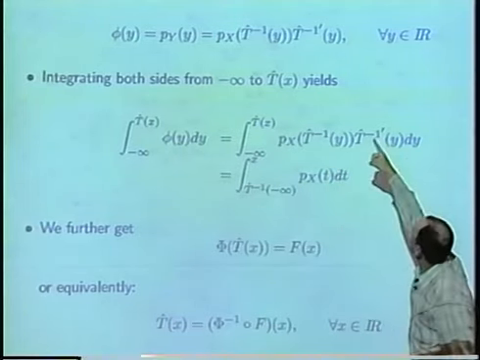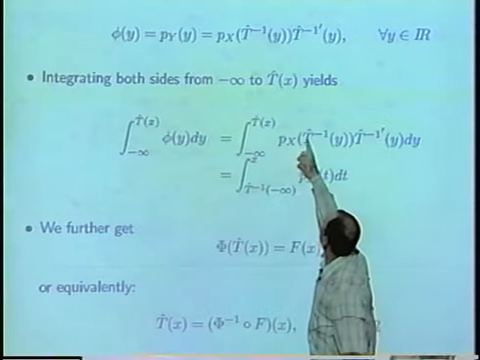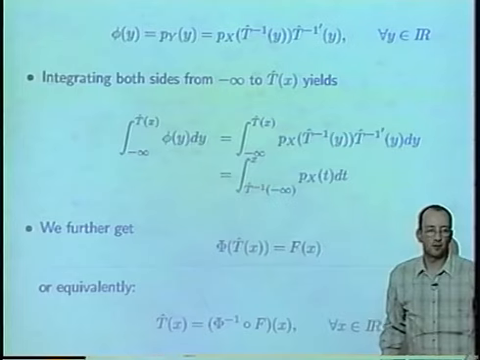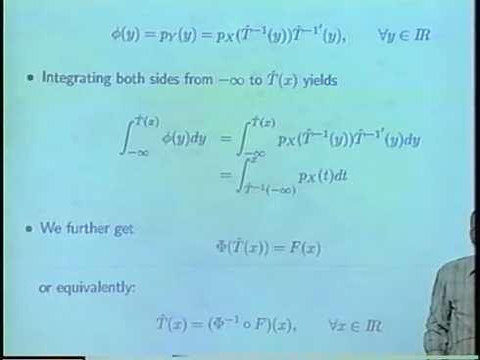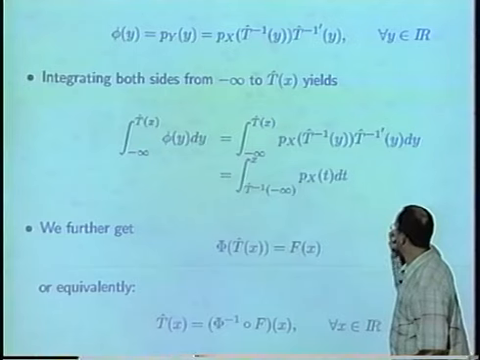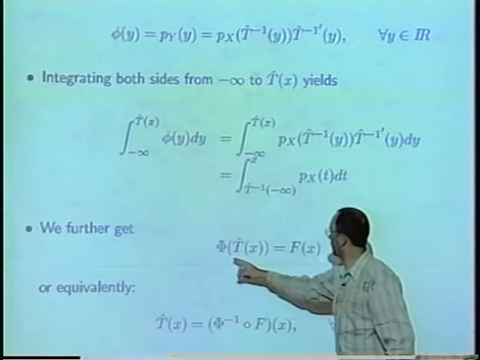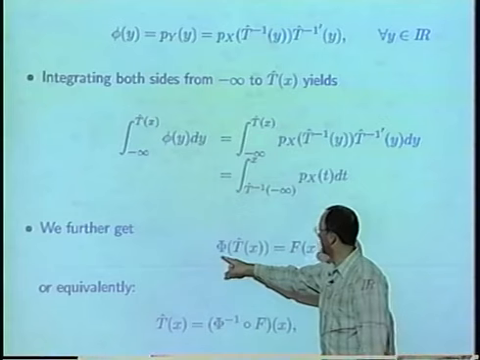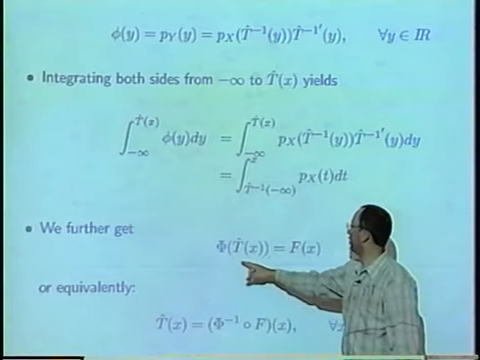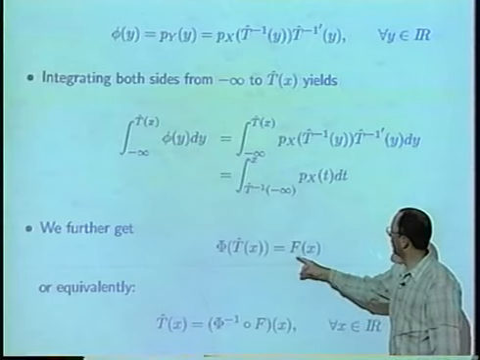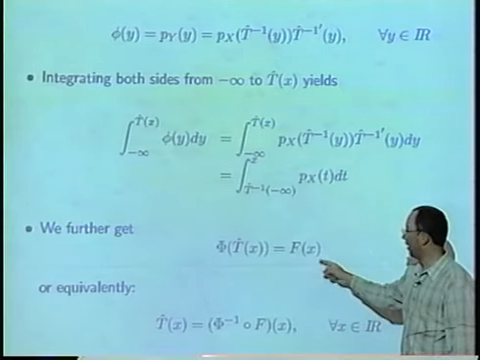So now what we do to that equation, we integrate it from minus infinity to T hat of x, where T hat is the transform that we look for. Okay? And then by a simple substitution rule, we get this equation here, which says capital phi, or the normal CDF evaluated in the image through T of x, has to be the CDF of x. Okay? Or otherwise